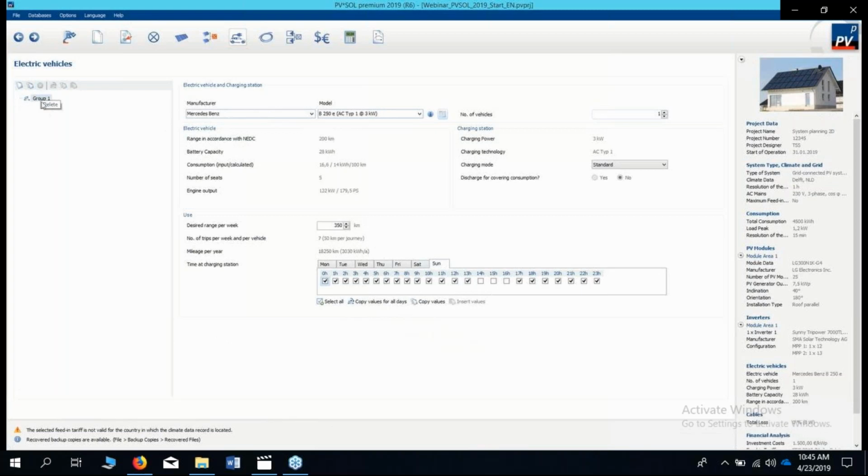You can see here the charging mode. Two different charging modes are available. One is standard. What does it mean? Standard means that if you are at the charging station, the battery of the electric vehicle is loaded up to the limit, until it's full, no matter whether PV energy is available or not. If you use PV optimized, the battery is also loaded, but not up to the end. It's not fully charged. It's only charged up to the point that you can drive the next ride. So if you don't have PV